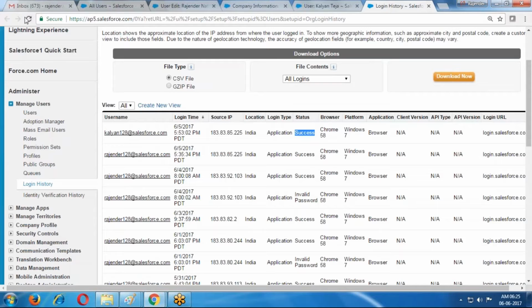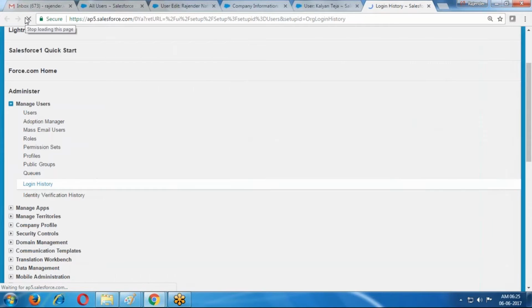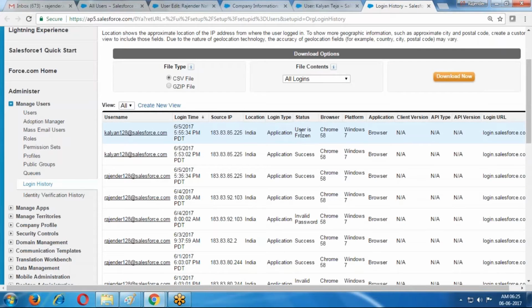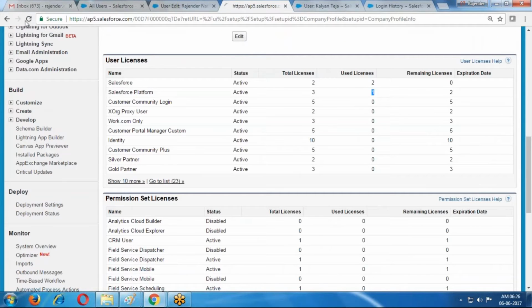If I refresh, then the user is frozen. If the user is frozen, we cannot access the Salesforce application. But still the license is being used.